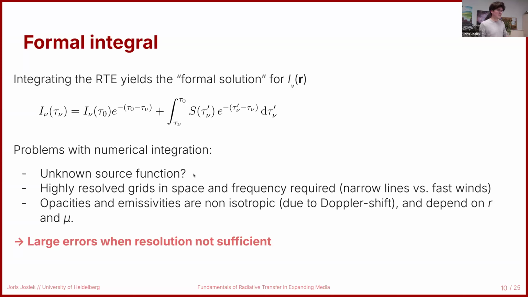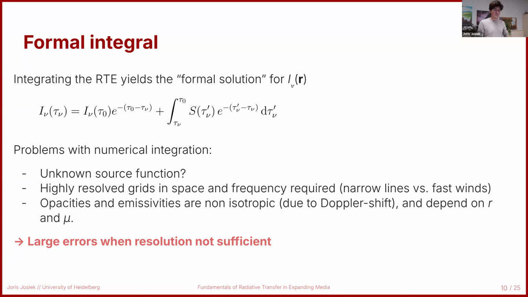And in general, this requires very highly resolved grids in both space and frequency, because of this problem that we have very narrow lines, intrinsically narrow lines, but very fast winds. So you need to resolve frequency in very, very small steps in order to really sample the entire line profile everywhere in the star. The other problem with this, in the context of an expanding medium, is that opacities and